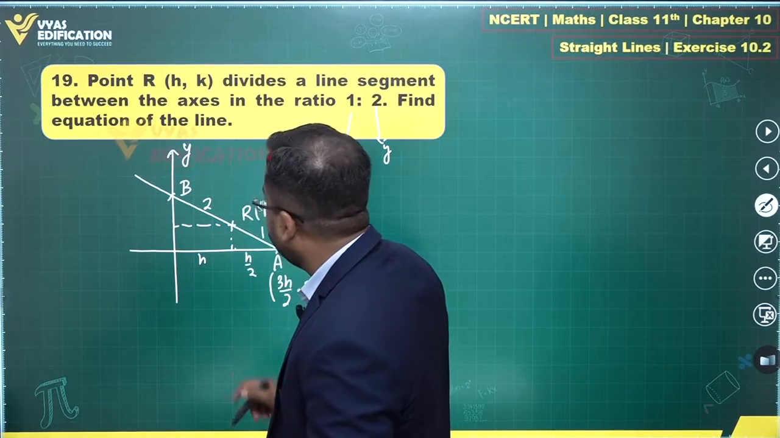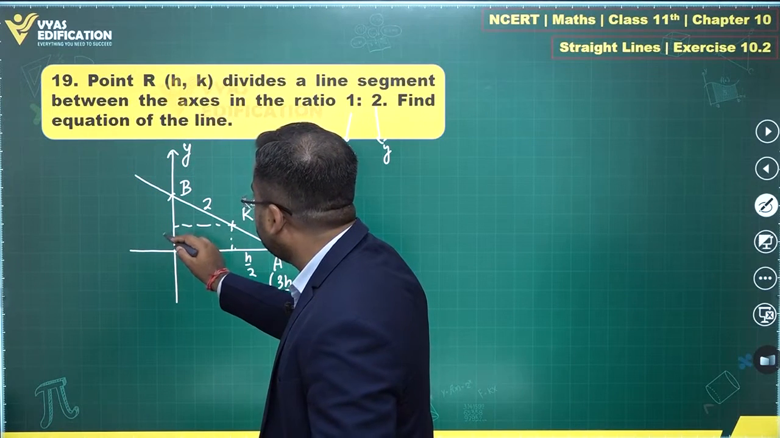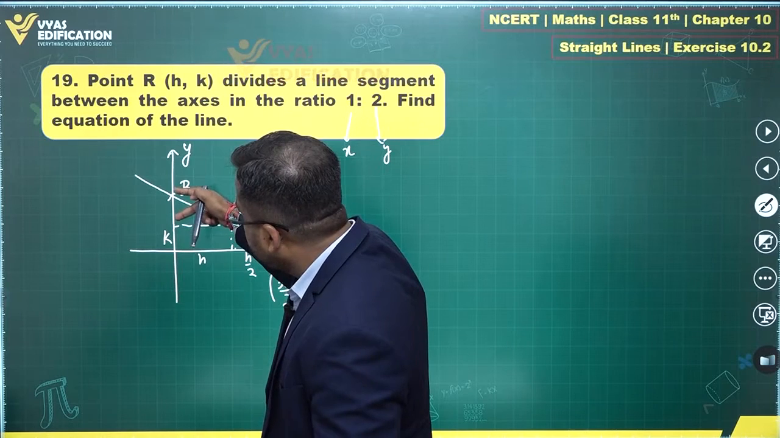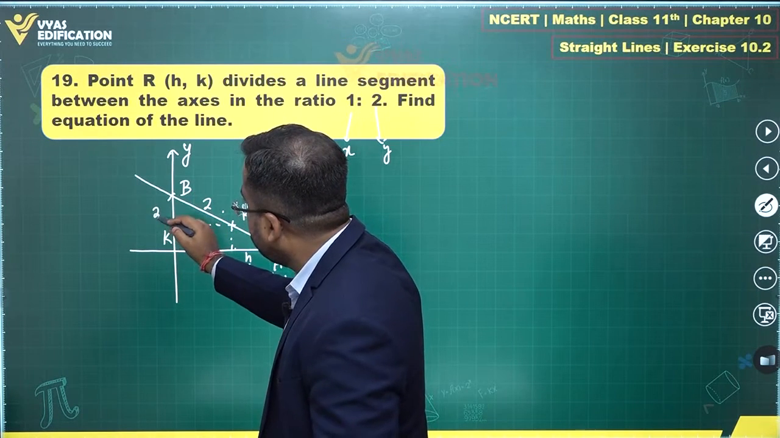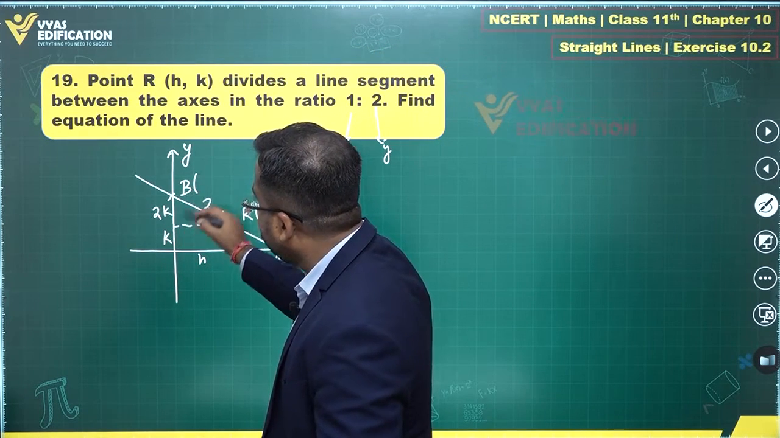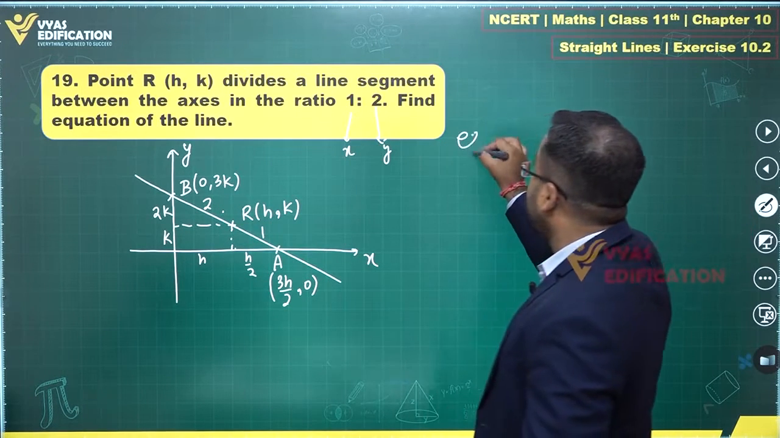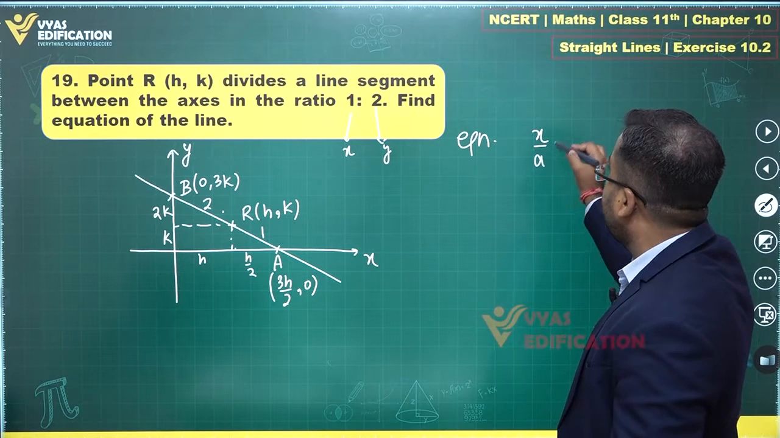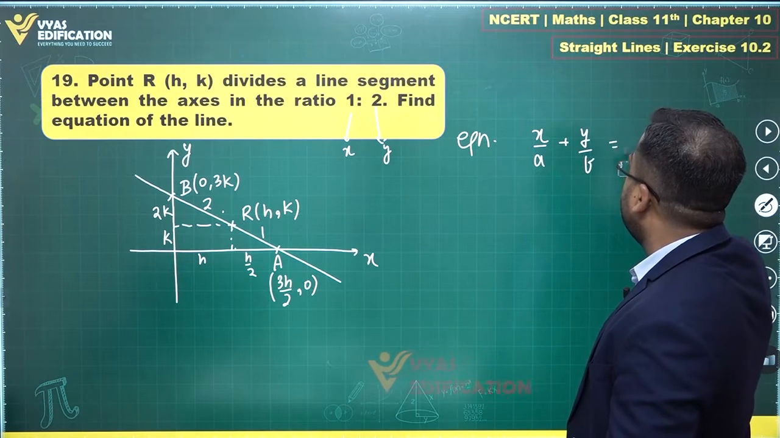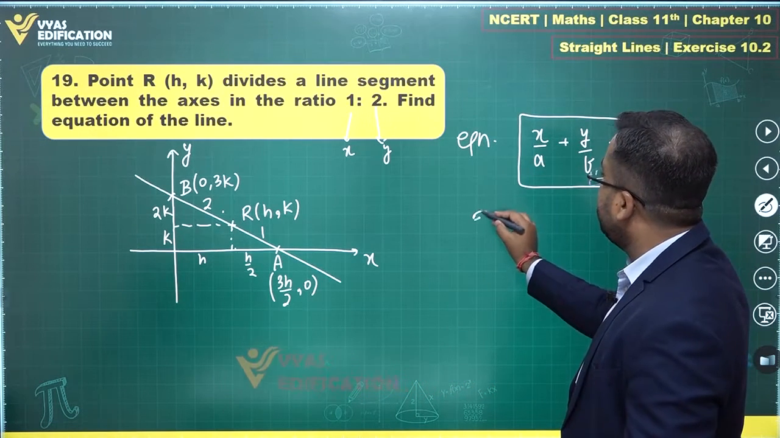This height is k, right? This ratio is 1:2. This is k. This ratio is 1:2, so if this is k, this becomes 2k. And the point here becomes (0, 3k). Okay, so the equation of the line is x/a + y/b = 1, which becomes